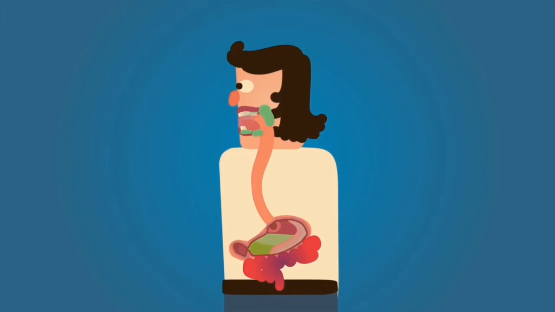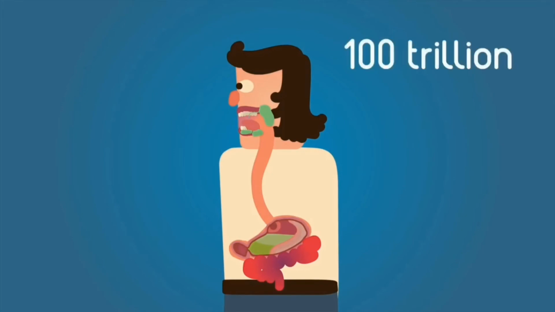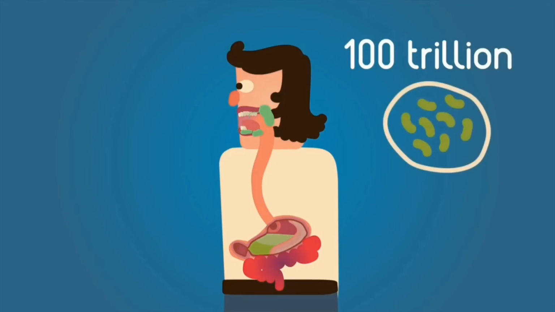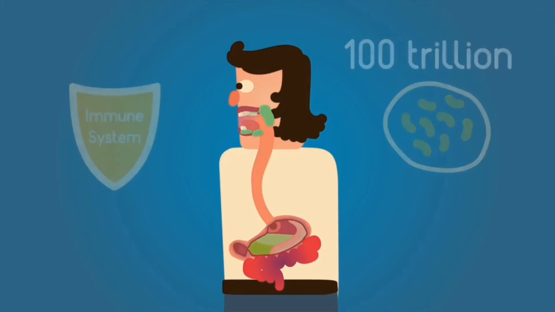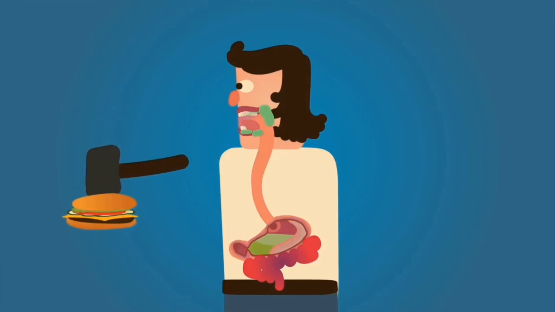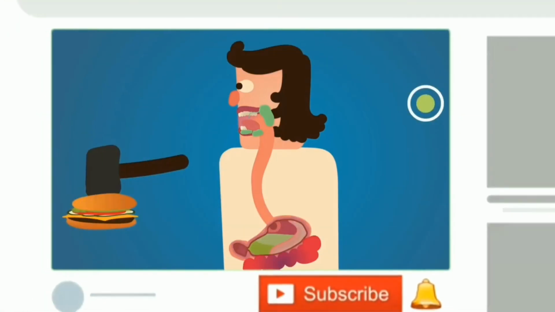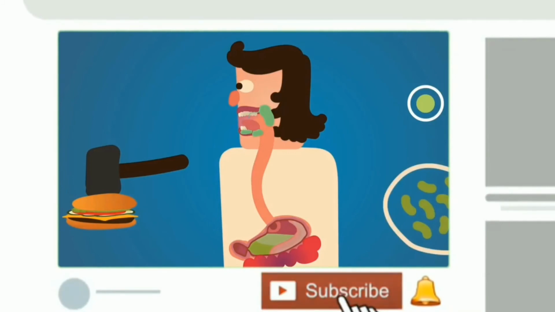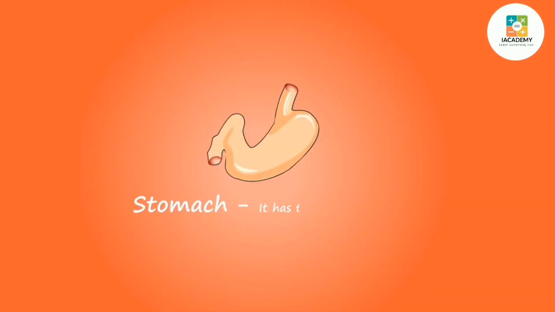Probably the most amazing thing about digestion, however, is that a lot of it isn't actually done by ourselves, but by 100 trillion bacteria living inside our guts. They help break down certain foods for us, make vitamins, and help with the immune system. So there you go. With the crushing, some enzymes, and some friendly bacteria, you can turn this juicy burger into small, soluble molecules that can be carried around in the blood.